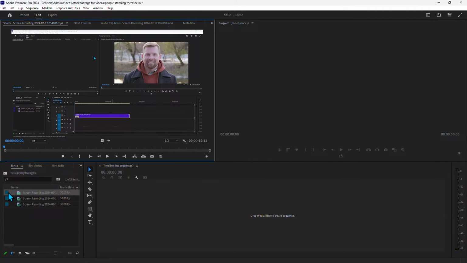So make sure that you find your first one. If you double click on it or drag it onto here, this is your source viewer, and this is before it's on your timeline, so you can just preview it in a way. This is your timeline viewer, I think it's called. I can't remember the actual name. I might be right or wrong. But if you play it,